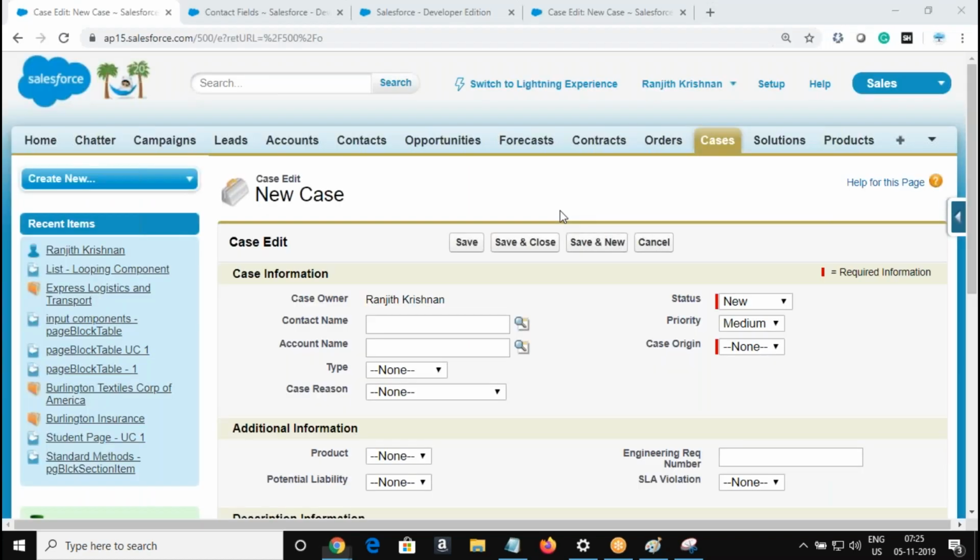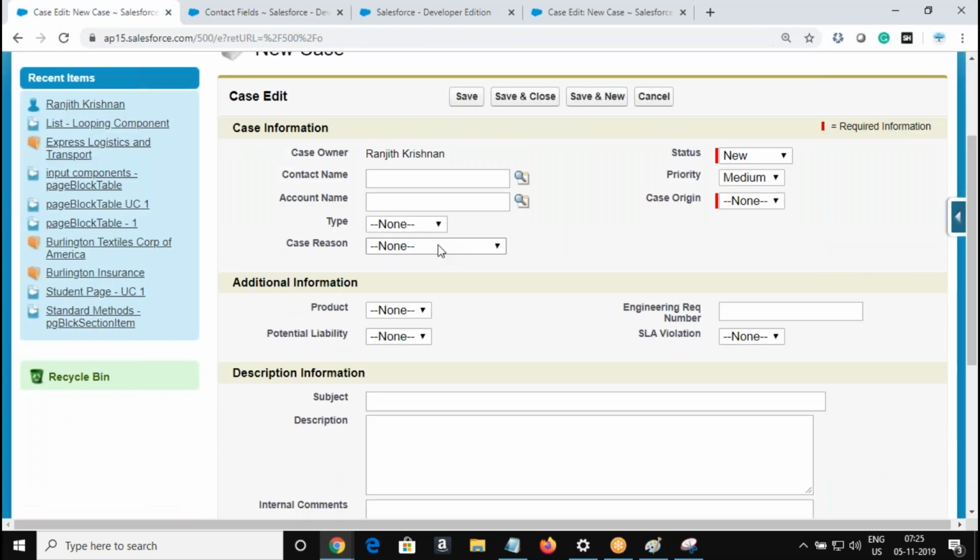For the list combo type, what you are looking for is the drop-down.